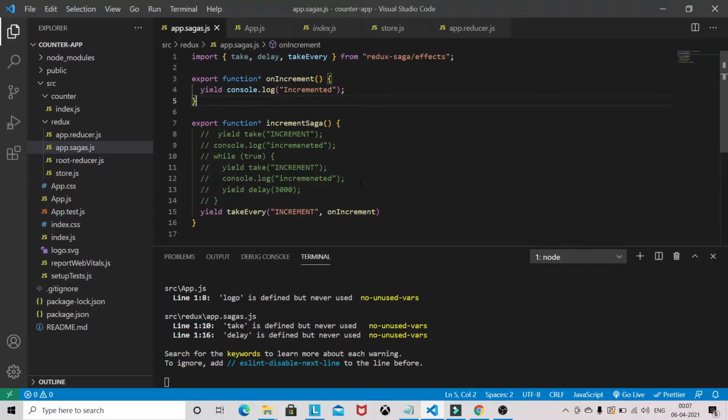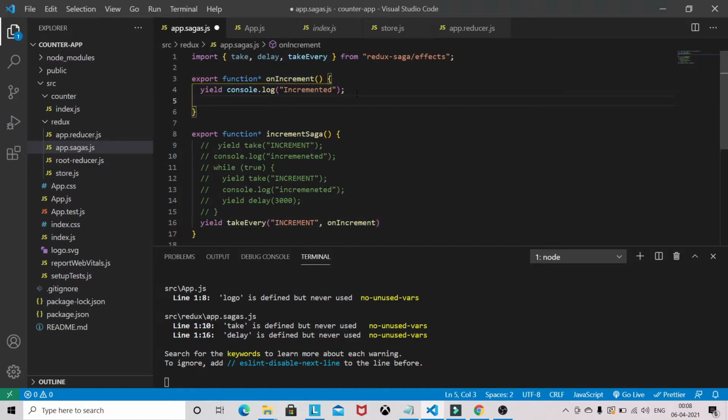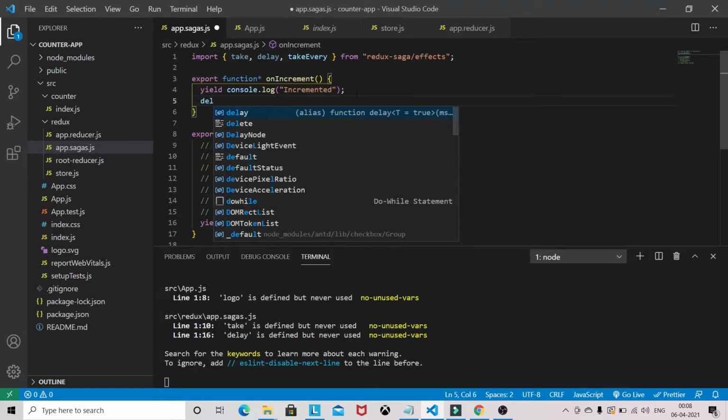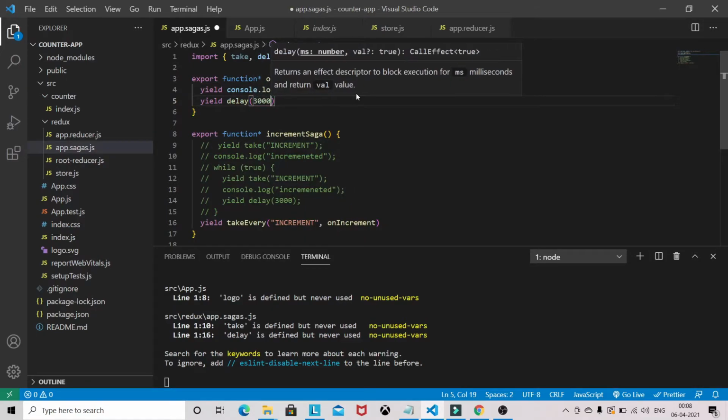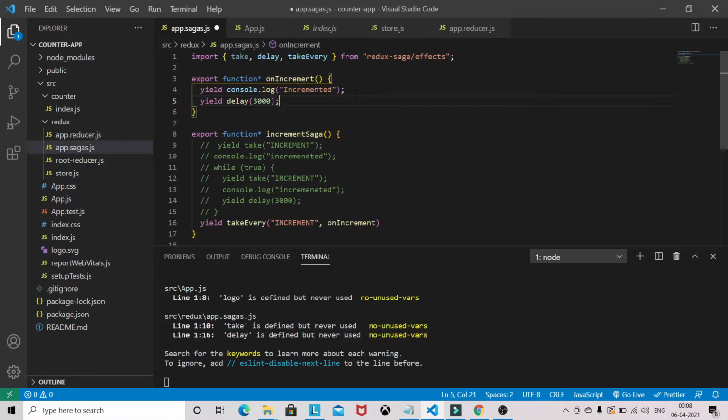I have clicked 3 times in the application, and three new tasks basically got created on this on increment saga. Now if I change this code and put a delay again, a delay of 3000 means 3 seconds.